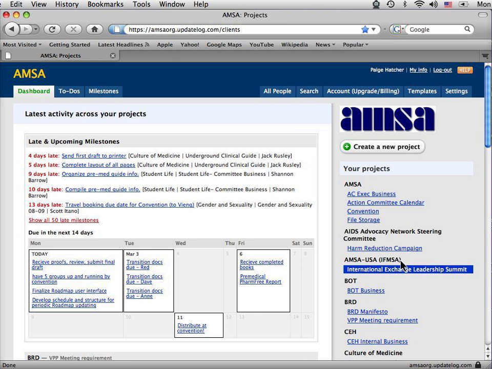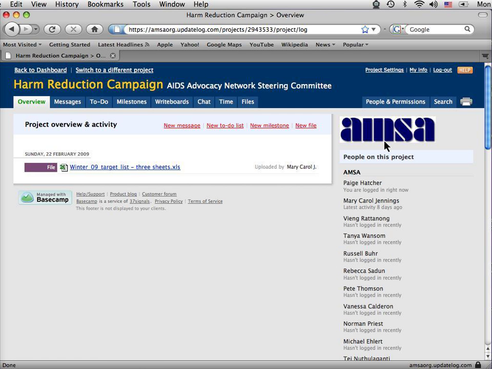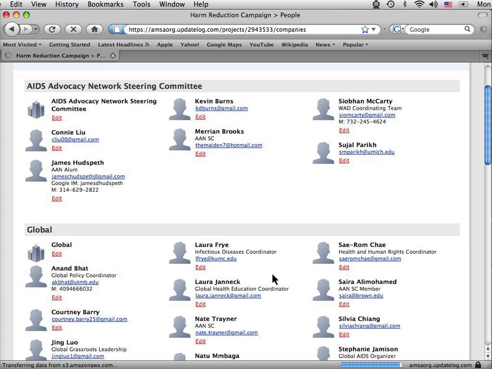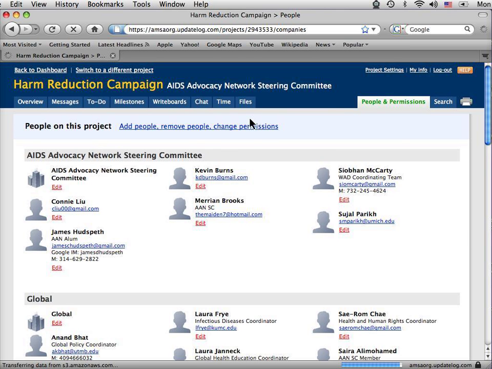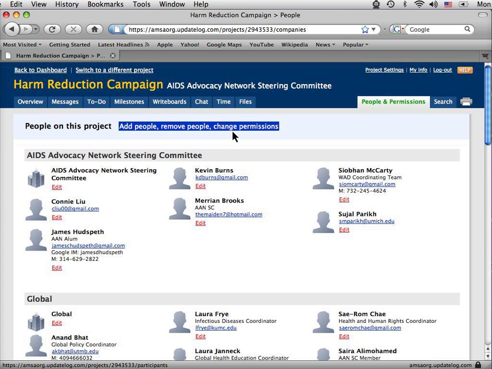The last thing that may be useful to you is to be able to add people to the projects that you're already working on. To do this, you click on the project of interest and then click the People and Permissions tab right here. As I said earlier, these are organized by company. Click on that. So this is the page where you can see what people already have access, and then click on this blue link here,